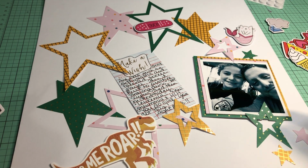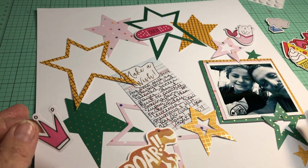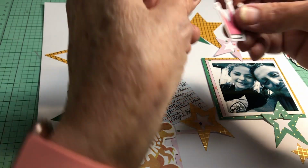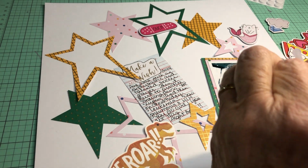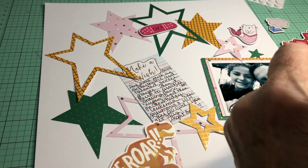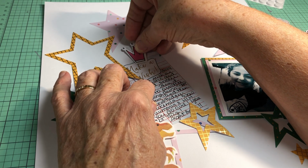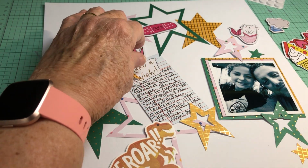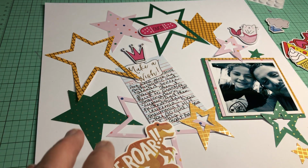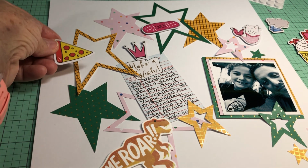And this is just so typical of the sweet, happy girl that she was before, dealing with this stuff. Okay, what I want to do here is, I want this to overlap but not stick down that journaling block. So I'm going to move the foam up higher so that it'll stick and look like it's attached there, but it really isn't, and this can still move around and move out. Okay, so there we go. And she's definitely a pizza-loving girl